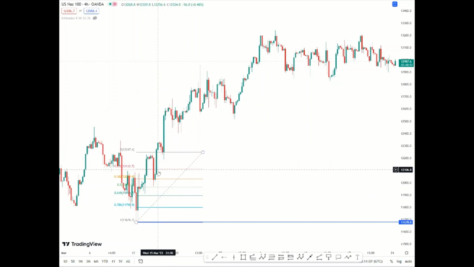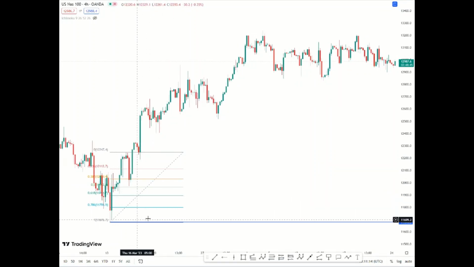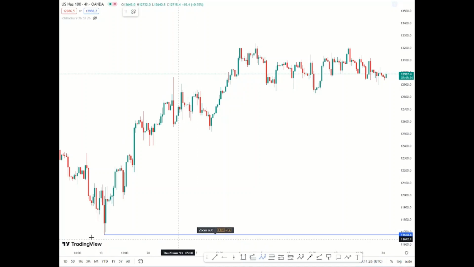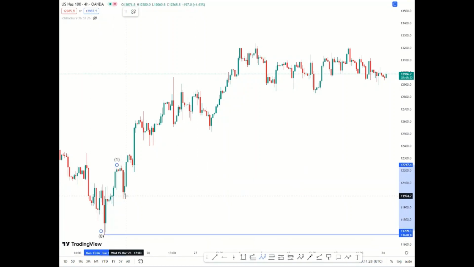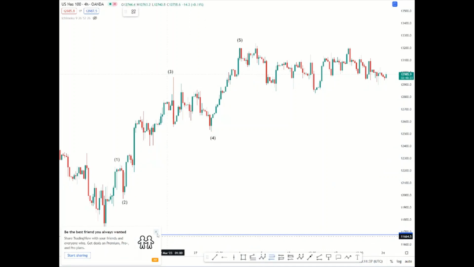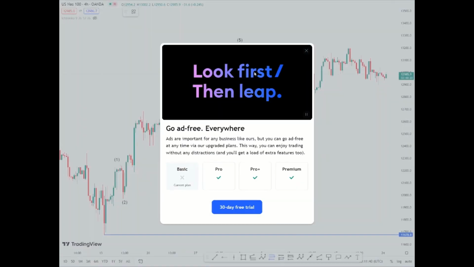Remember, the acceptable percentages are 50%, 60%, and the other ones below, but not 100% of this impulse. In this case, the price is set at 50%, right? So this is acceptable. So it can be 2. So 1, 2, right? So where can 3 be? At first this was like, okay, 3, 4, 5, right? And then this is how you would have identified that this is